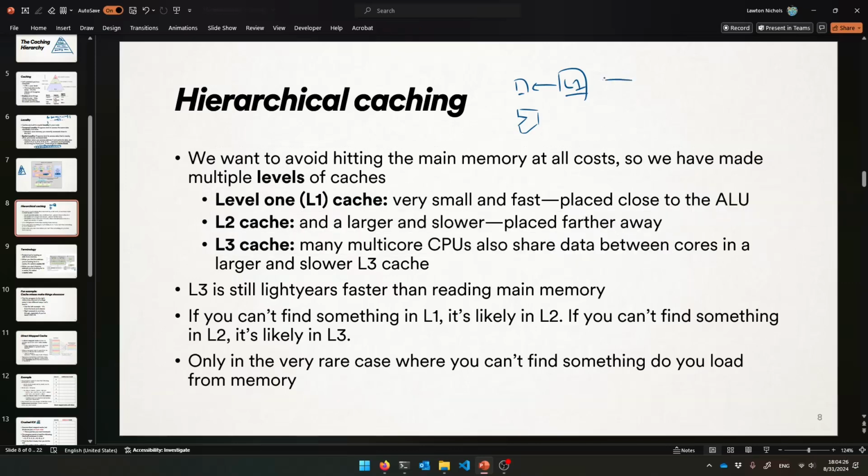But it's still better than going to main memory. So it's a little bit bigger, L2. This is not quite to scale, but it's a little bit bigger than the L1 cache. So if you lost something out of L1, it got clobbered away, it might still be in L2. And if it's not there, you can go looking in the L3 cache, which you're saving stuff in. Every time you read something, it's going in the L3 cache as well, which is even bigger,